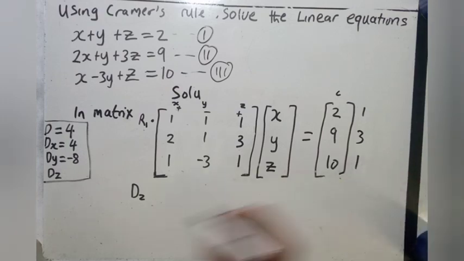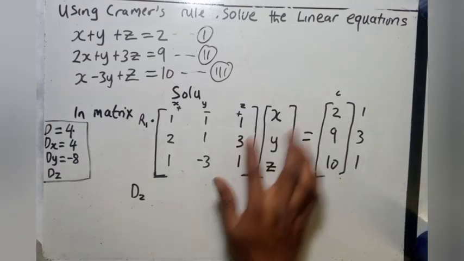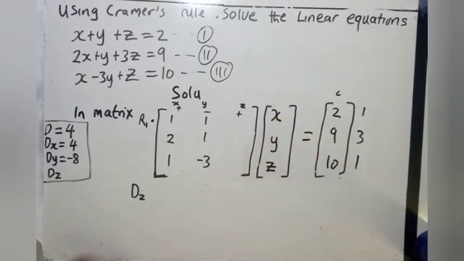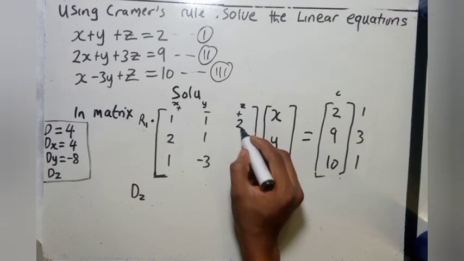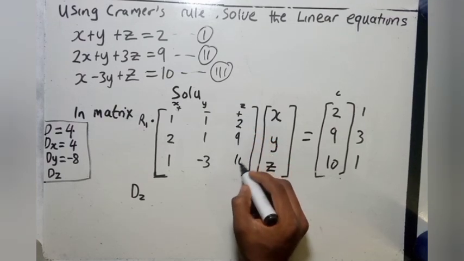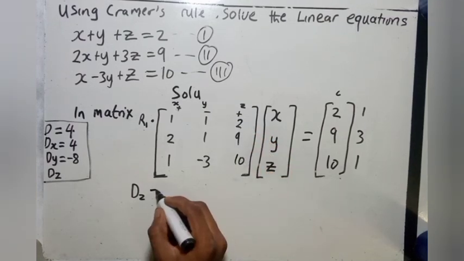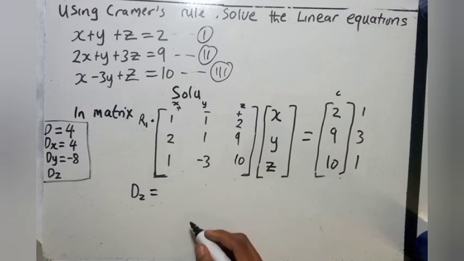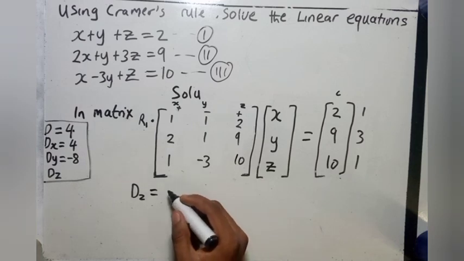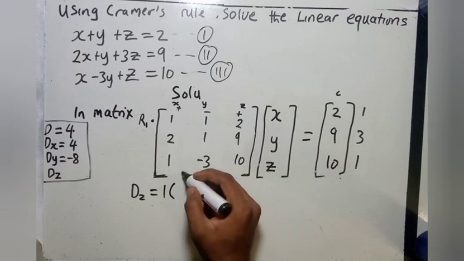C. So when we do that, there will be what? 2, 9, and what? 10. So we have that our matrix to be 1 bracket, remember,